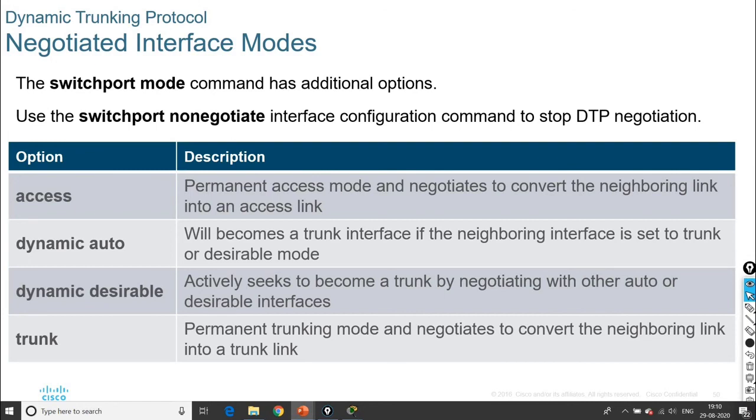So access is for permanent access mode, and dynamic auto will become a trunk interface if the neighboring interface is set to trunk or desirable mode here. Next one is dynamic desirable. It actively seeks to become a trunk by negotiating with other auto or desirable interfaces here. And trunk is permanent trunking mode and negotiates to convert the neighboring link into a trunk link here.